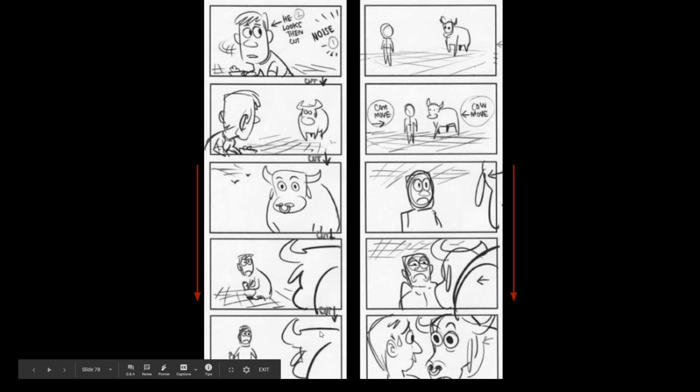So the character just kind of stands up, and then we have a wide shot, and then we cut there between this shot looking over the bull's shoulder of the character. We cut to a wider shot or a full shot showing both characters, because we want to show the bull walking towards the guy, right? And as the bull gets uncomfortably close, we want to cut to a shot that essentially shows the viewpoint of the bull and the guy's expression, so we can kind of see how he's feeling about this bull getting uncomfortably close to him. And then we'll cut so we can see the crazy expression of the bull, just to kind of add to the humor of the scene,